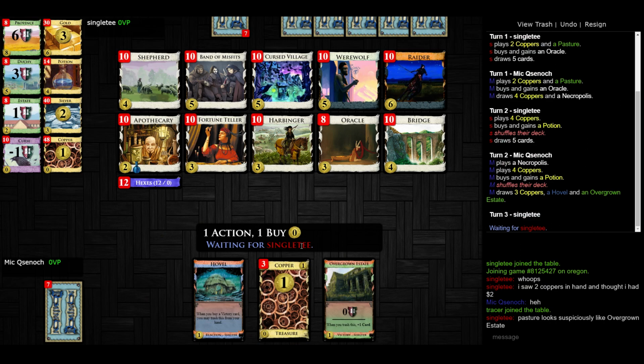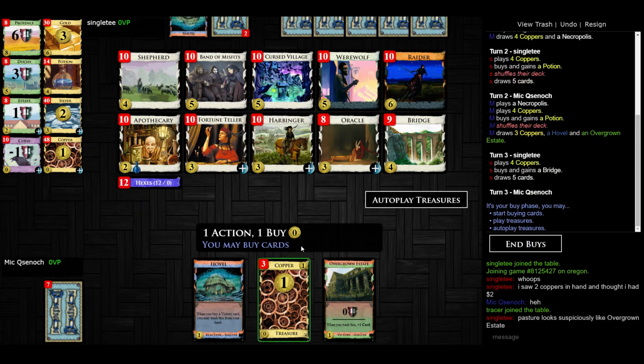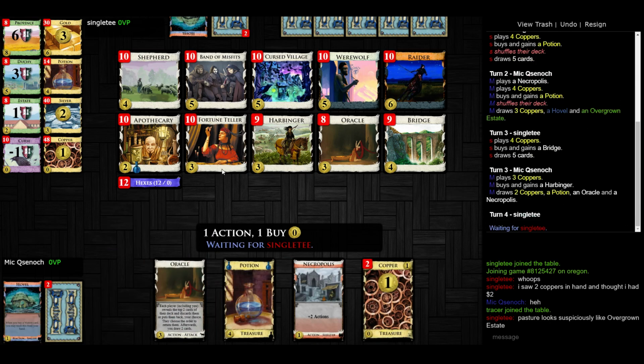We're gonna do the same opening, I guess. I probably won't get another Oracle. Probably switch to Harbinger here. He hits 4, so he just takes a bridge, which seems reasonable. Shepherd